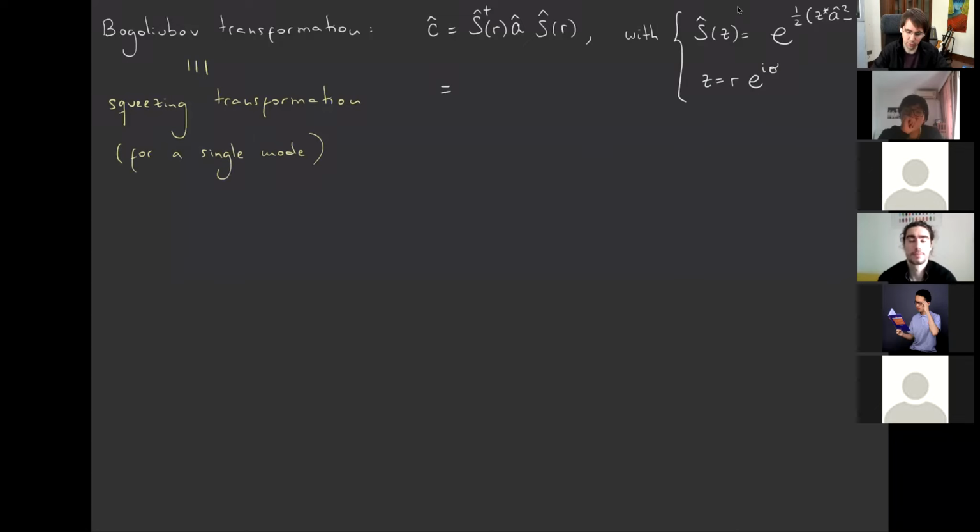that this squeezing transformation applied on the annihilation operator gives you something of this type. So it gives you a linear combination of the annihilation operator and the creation operator, where R is the squeezing parameter. And in our case, this R, we will choose it in a second. So for now, we are just making this transformation and seeing what happens to the Hamiltonian. So this is the generic